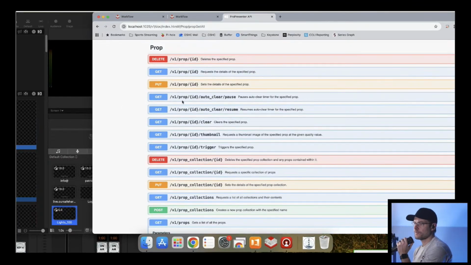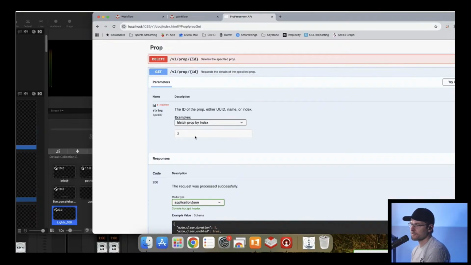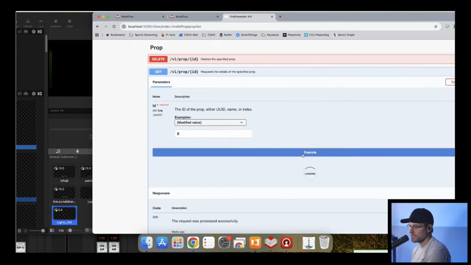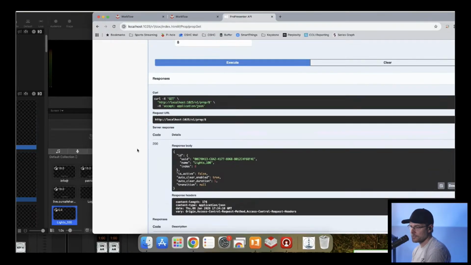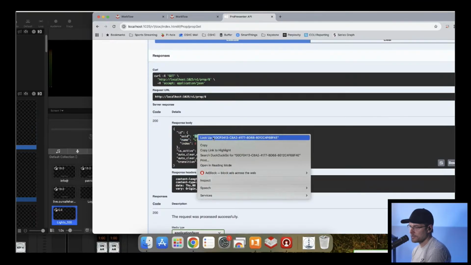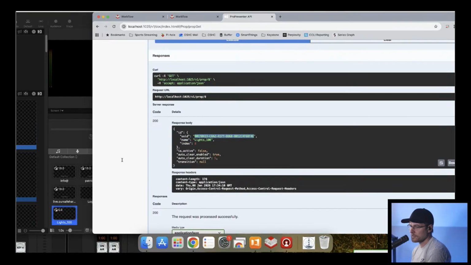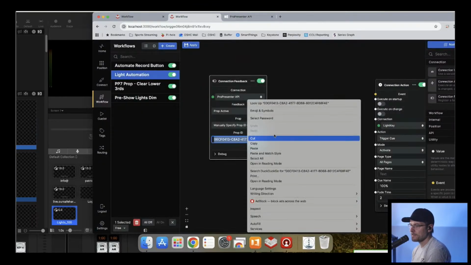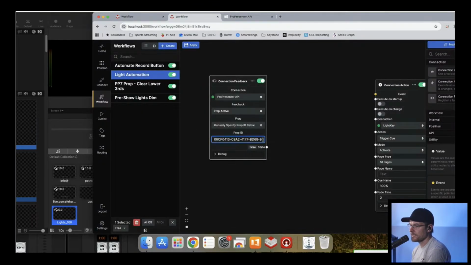Okay, so prop ID, request details from the specific prop. This is prop 8, execute, lights 100%. This isn't different. What's the ending of this one?